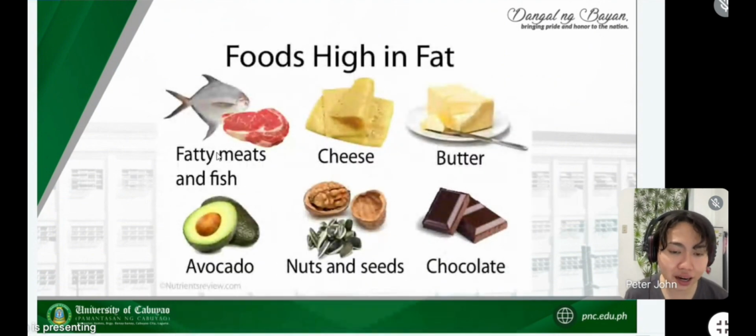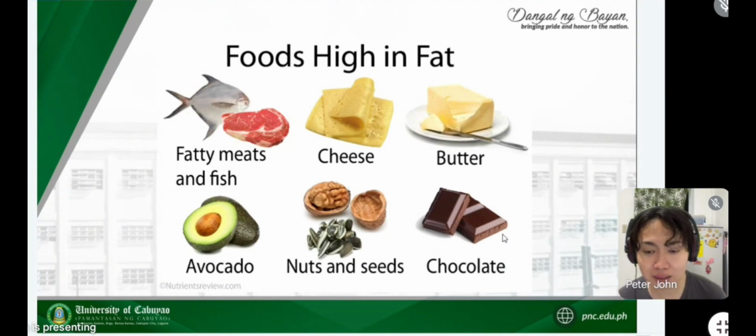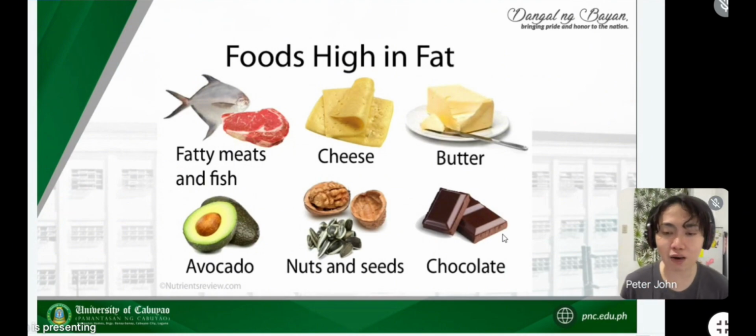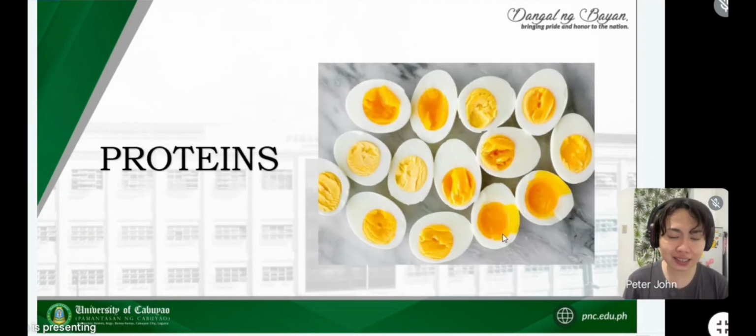So, here are the following foods that is rich in lipids. So, mga medyo fatty acids. So, mga meat and fish. Yes, we have also cheese. Yes, yung cheese, good in fats din siya. We have a butter. Yes po. We have the avocado, a good one. We have the nuts and seeds, and even the chocolate. Yes po. Si chocolate kasi, mix siya. Kadalasan it's made up of cocoa or a combination also with sweetened sugar. So, pero mas rich siya with fats.